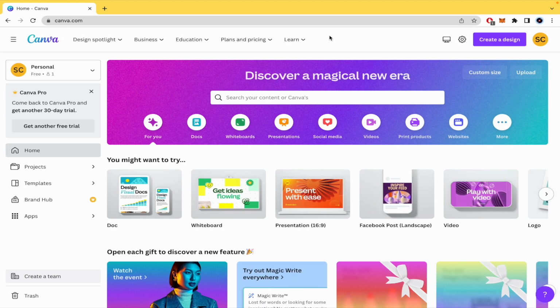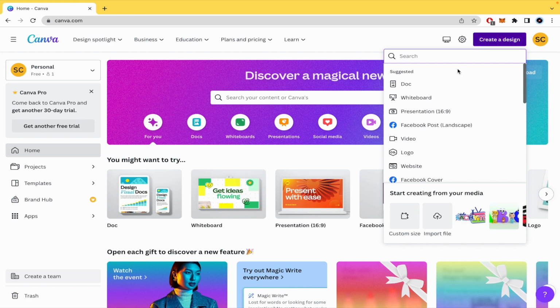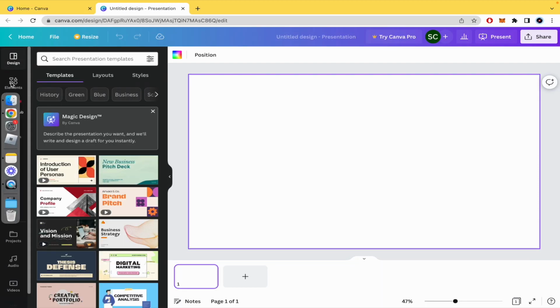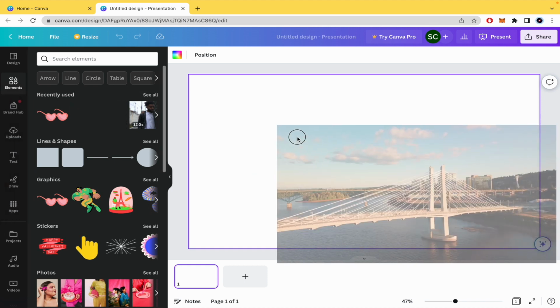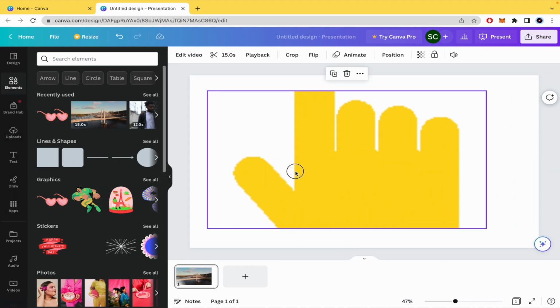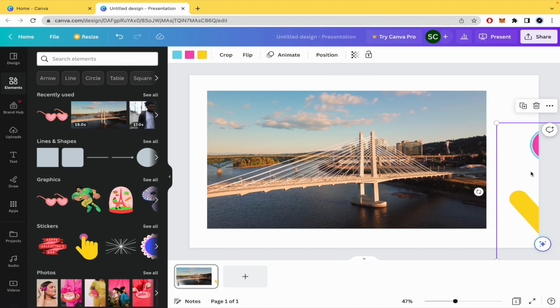Today you're going to learn how to save a design in Canva. So first of all, I'm going to create a design, by now a presentation, and I'm going to add perhaps a video and a sticker. So in that way I'm gonna be able to